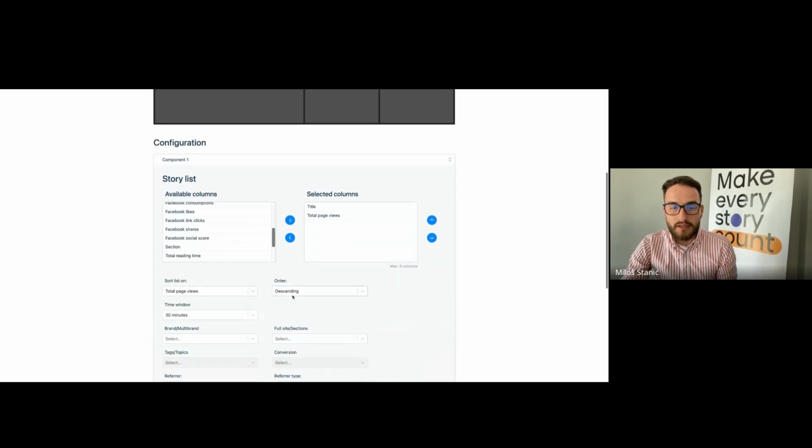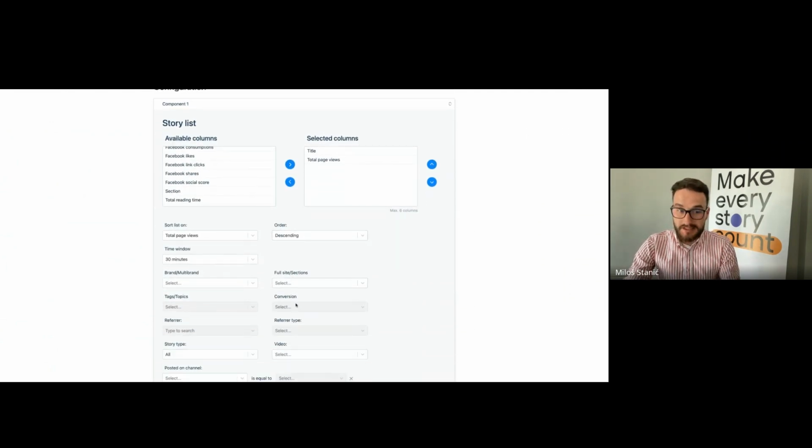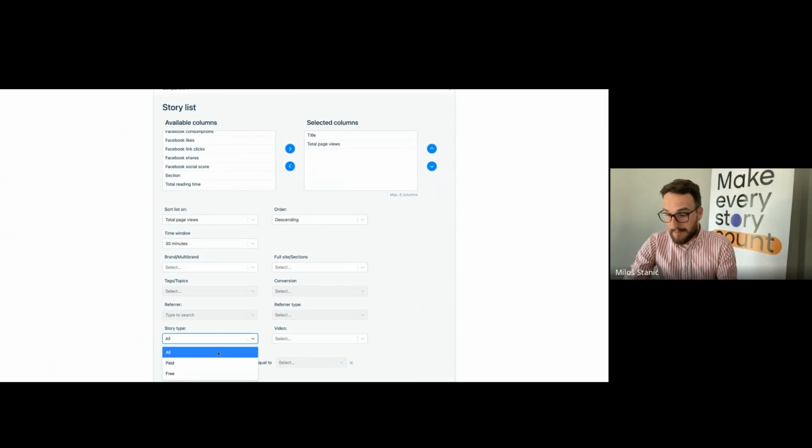You can include conversion lists. You can include different story types, whether you want to observe only paid or free. And then you can make comparisons: best free content today on the left side of the screen, best paid content on the right side of the screen. See what, for example, from the paid content is not on the homepage, etc. See which are the candidates to be put behind the paywall. Even put a list of notifications like a live feed